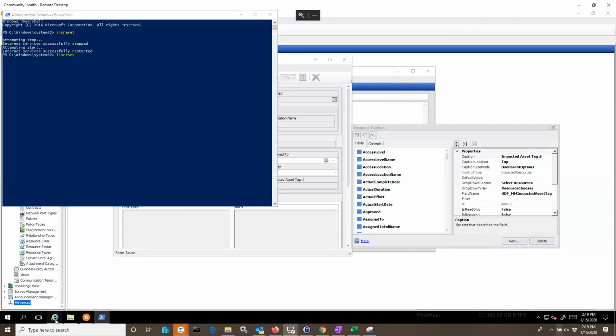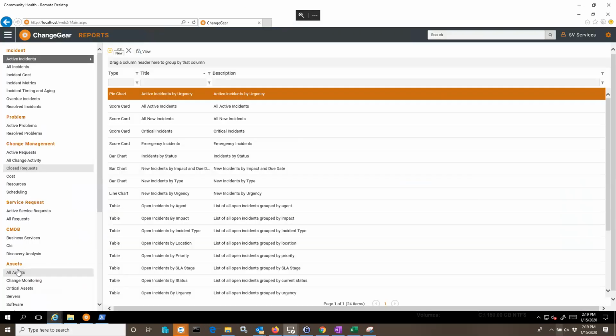Okay. So at this point, as soon as the web loads back up, we should see that list, and as soon as we get assets in there, we should be able to see what those assets are. Now, what we can do with